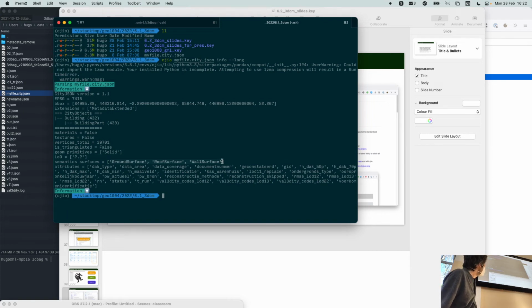This is useful for the assignment number 2. This is the file that's going to be the start of your assignment number 2. So every building, every surface is either mapped to a ground surface, a wall surface, or a roof surface. This is very important. There's more possible in CityJSON, CityGML, but we use these 3. Basically, it says these are the 3 possibilities in the file. And then you have the attributes that are in the file, all of them. Doesn't mean that all objects have that as an attribute, but these are all the attributes that were found in the file.